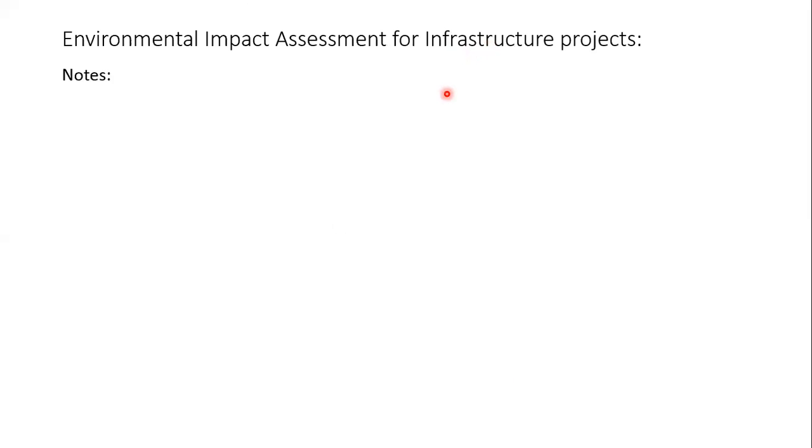What I will do now: this third chapter, the third unit, is also over. The other document I will give you is a case study of environmental impact assessment for infrastructure projects. One paper I will give you. In that, we just focus on the initial part: what parameters they are considering. You need not go into how they did it, because in the paper they first decide the parameters.